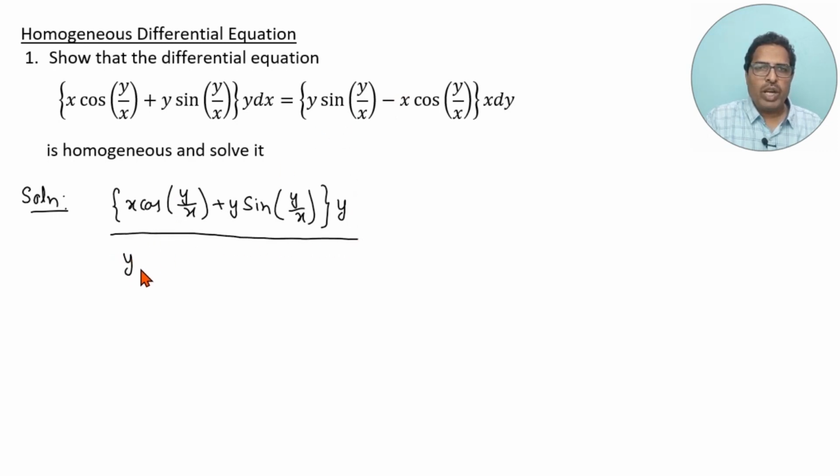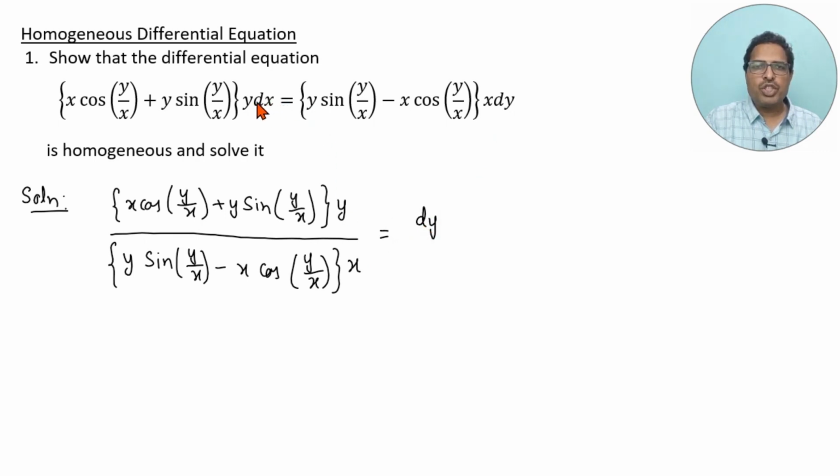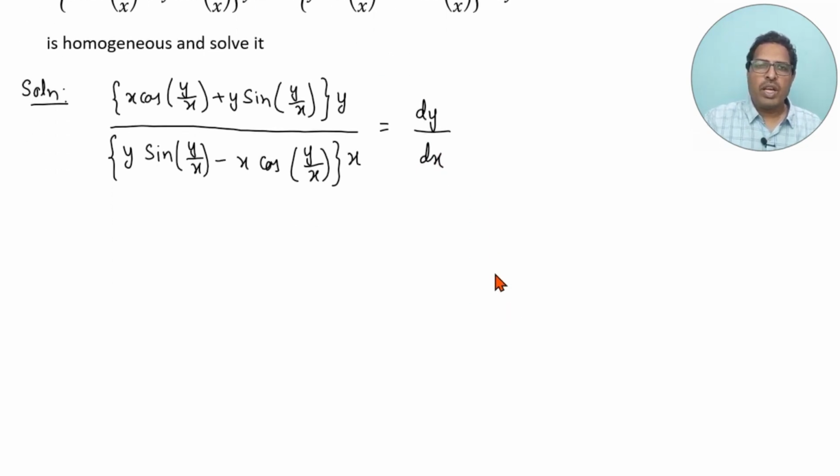You get y sin(y/x) - x cos(y/x), times x, equals dy, and the dx you cross multiply, so it becomes divided by dx. Therefore, I can rewrite this as dy by dx equals